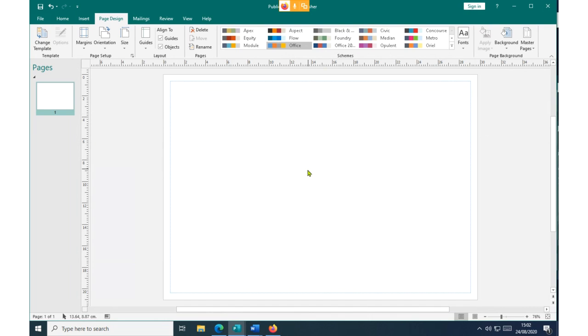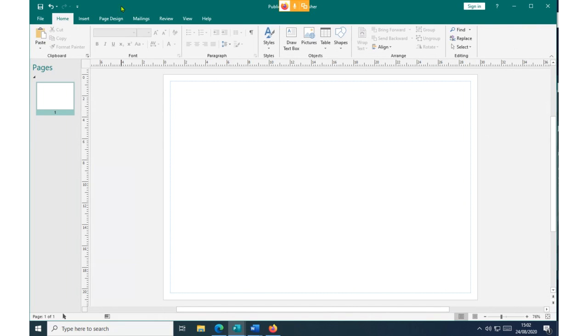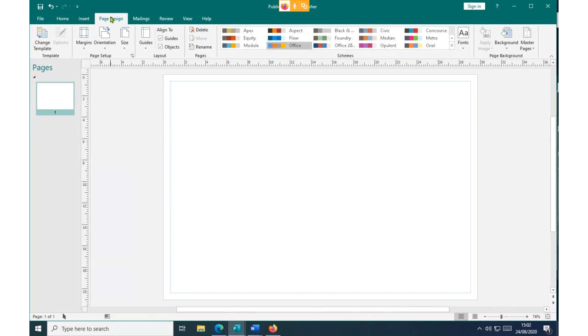Then to divide the page into two, like in this case, this page is actually currently in one column. To divide it into two columns, you simply have to click on the command, again, Page Design. The reason I went here is so you know that you must click on Page Design. Then you click on Guides.